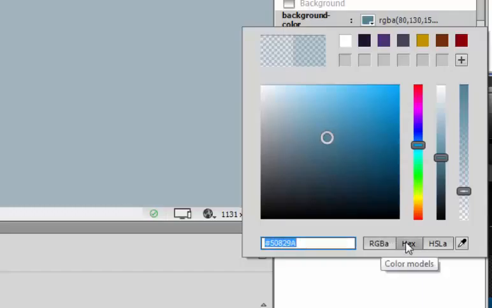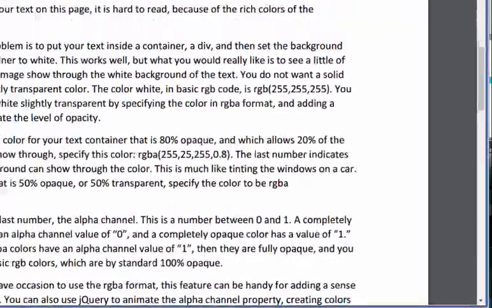Hexadecimal colors do not support this, but the last format, hue, saturation, lightness, does have an alpha channel. So that's what that A is for. Anytime we need to use transparency, and usually we use transparency if we have an image in the background, we want a little bit of the image to show through. That's what that's all about. So moving along,